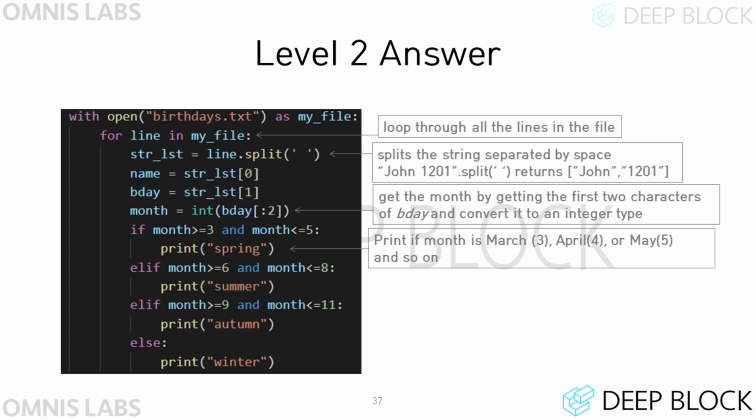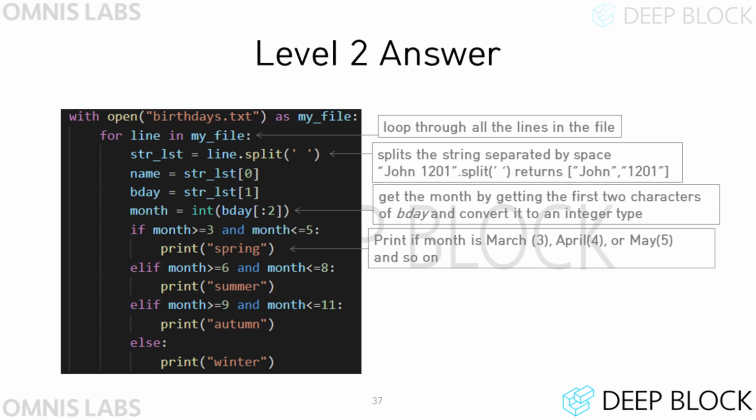We need to classify each friend's birthday by birth month. In the program we created earlier, the birthday is stored as a 4-digit number consisting of month and day. So we can think of the first two characters of the birthday string as the month of birth. So we can use the slicing technique to extract the first two characters of the string bday. However, since bday is a string type, we should cast the string to a number using the int function and store this numeric information in a variable called month. And the value of month is checked in the conditional statement.